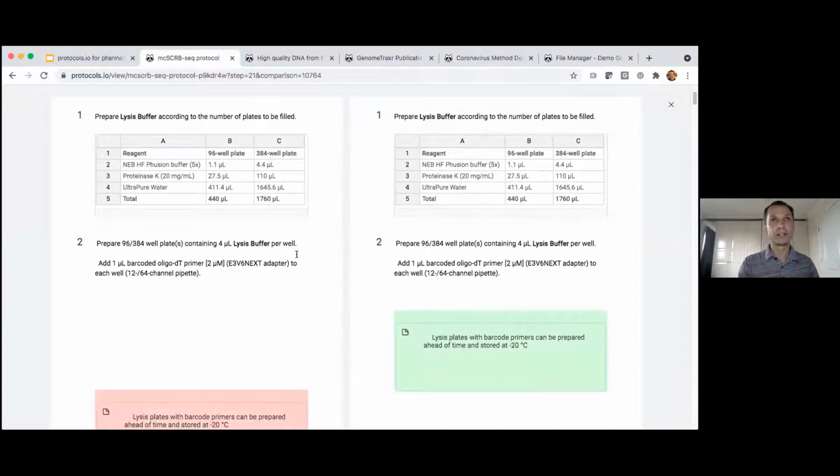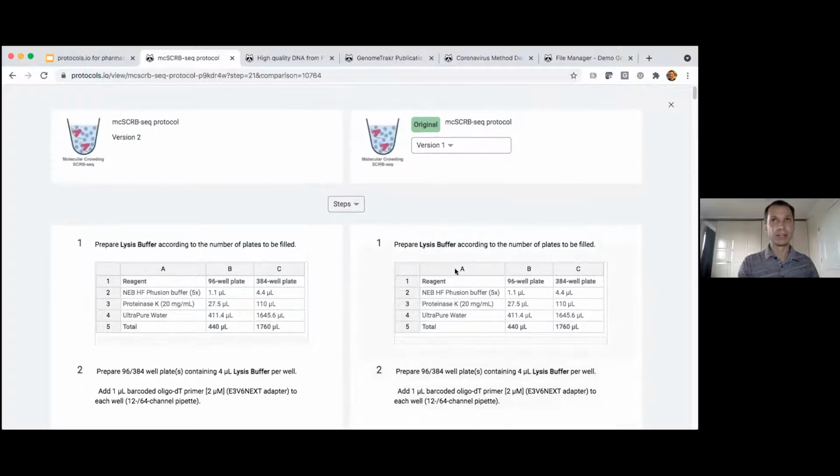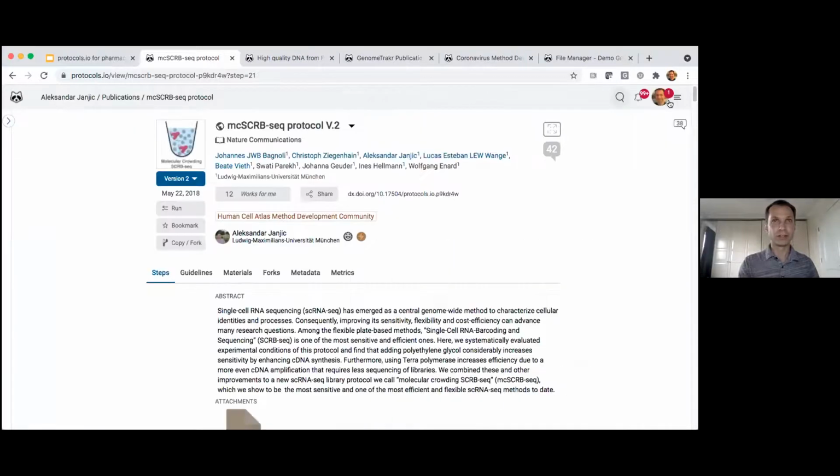So step 1 is the same. Step 2 has been edited between the different versions. And the versioning is for keeping a protocol up to date. But very often you're working on liver tissue, I'm working on kidney or lung tissue, and there are slight variations between them. So just as in GitHub, there's forking, you can fork any of the protocols, private or public, on Protocols.io, and then it becomes yours.